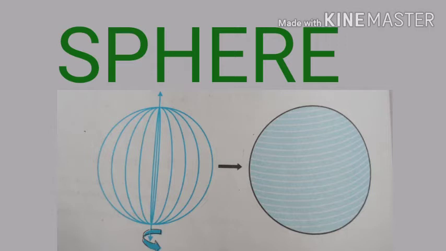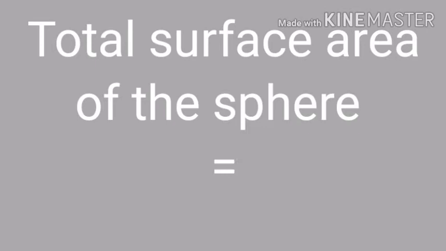In this session, we are going to discuss the topic of sphere. A sphere is like a ball. It has only one face, that is a curved face. So for a sphere, there is only one equation for the area. There is no separate lateral surface or total surface. Here for a sphere there is only one equation, that is total surface area. Total surface area of the sphere equals 4 pi r square, where r is the radius of the sphere.